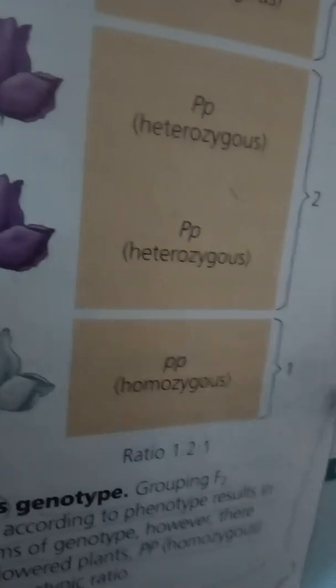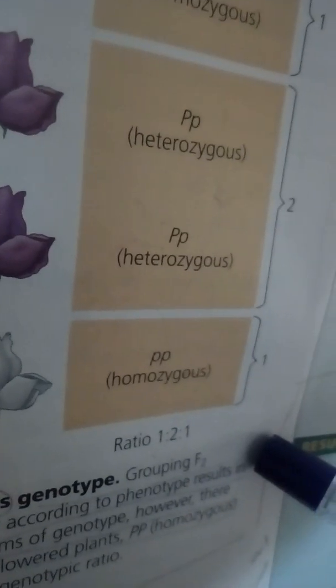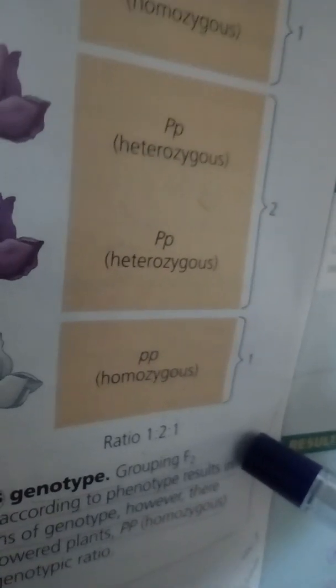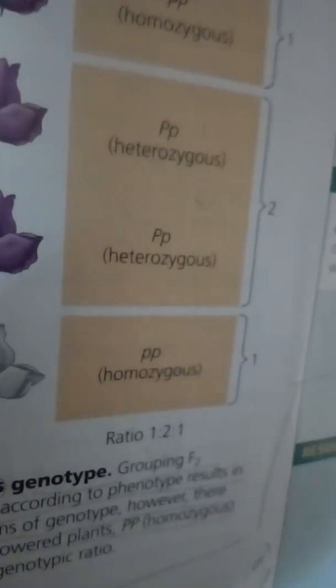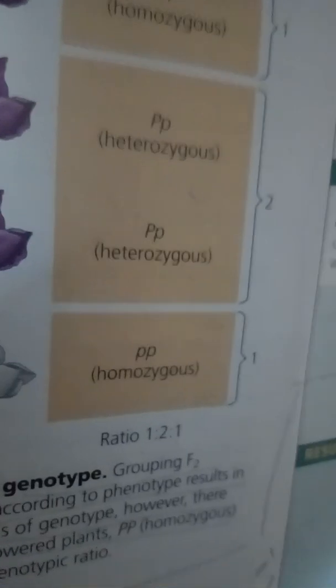Notice also phenotype and genotype. Phenotype versus genotype. Grouping F2 offspring from a cross for flower color according to phenotype results in the typical 3-to-1 phenotype ratio. In terms of genotype,